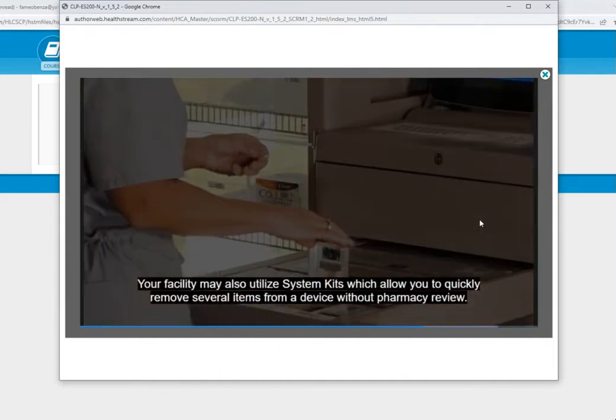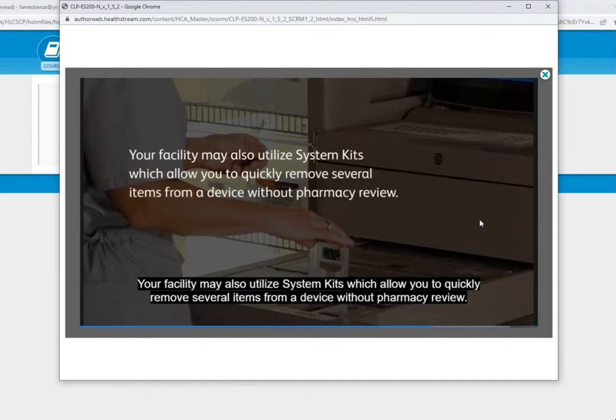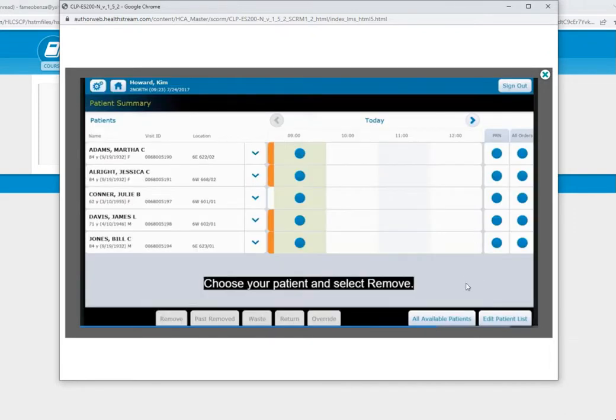In addition to individual medications, your facility may use system kits, which allow you to quickly remove several items from a device without pharmacy review. To remove a kit,